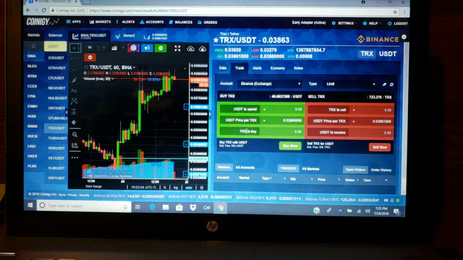Maybe we'll try like a 1 minute chart or something like that. That way, if it's coming down toward one of our alerts, we can do the same thing that we're fixing to do on the sell side, but on the buy side. So it'll trigger if it dips, and then it'll buy us back in. But what we're doing,